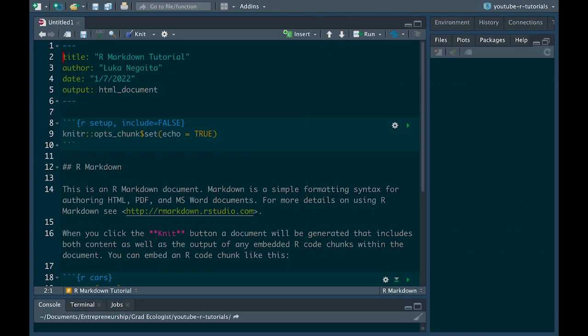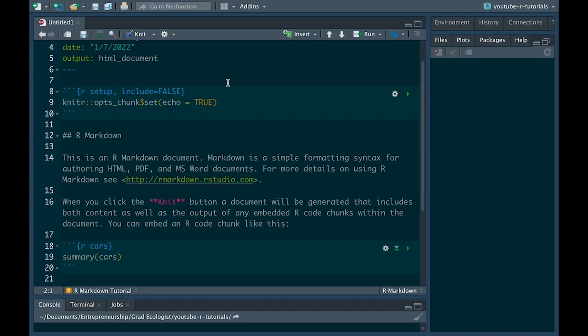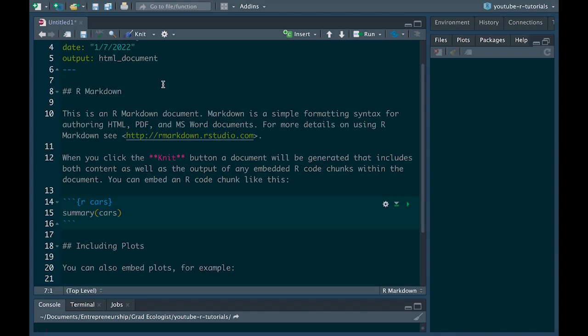So this should be the default document that you get. The top part of the document here includes some parameters that you can set for your document. Leave everything as it is for now. No need to change it. We'll work on that later. So below that, you'll see this code chunk here for setting some global options. But for now, no need to mess with it. And in fact, you can just delete this whole thing. No need for that for now.